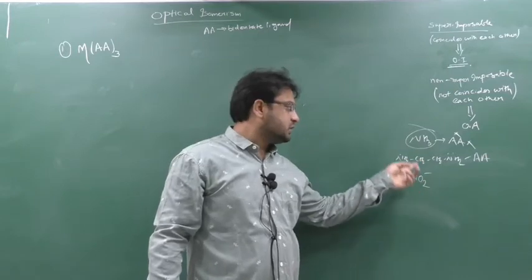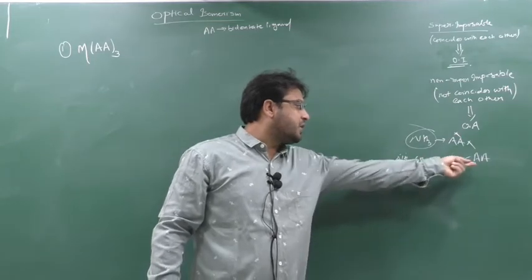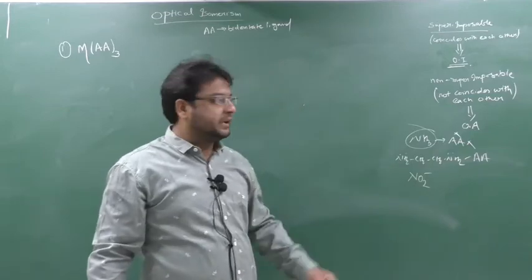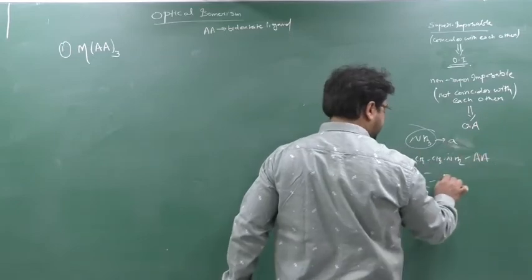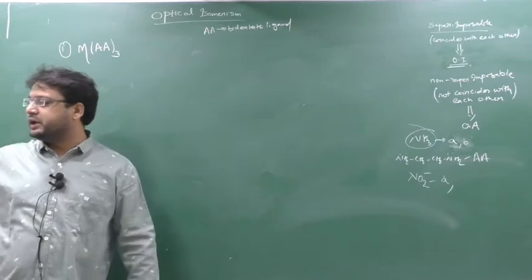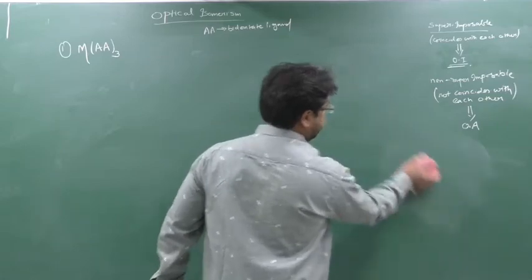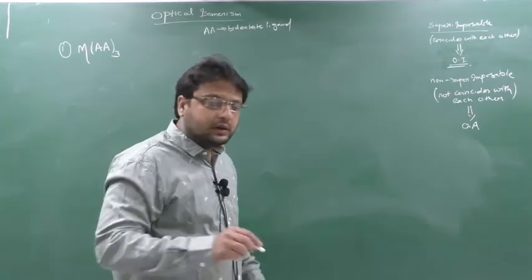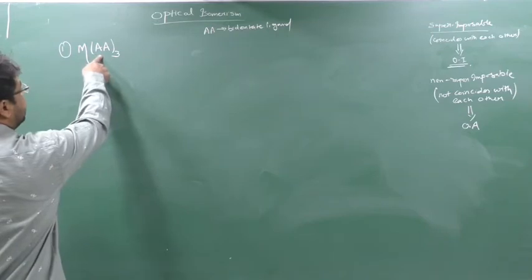This is also a monodentate ligand. This type of ligand you can write as AA, which is a bidentate ligand, because they have two sites to donate the lone pair. Here there is only one site, so how can we write AA? Just write A only, or A or B or any single small letter. AA or BB is only written for a bidentate ligand, which has two donor sites. Clear this part?